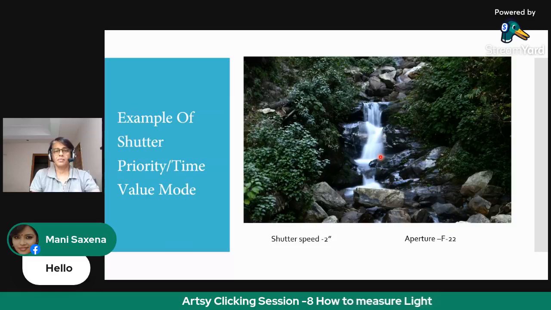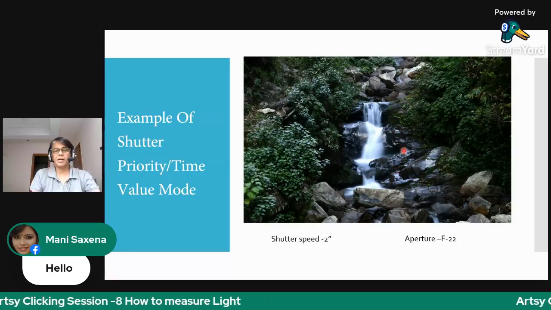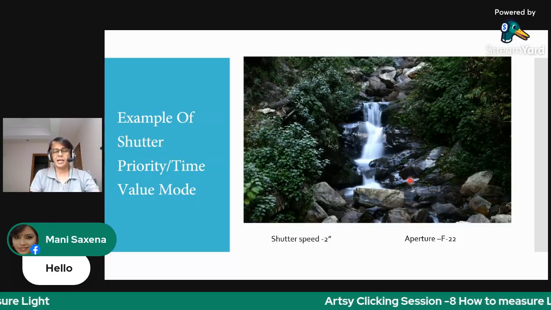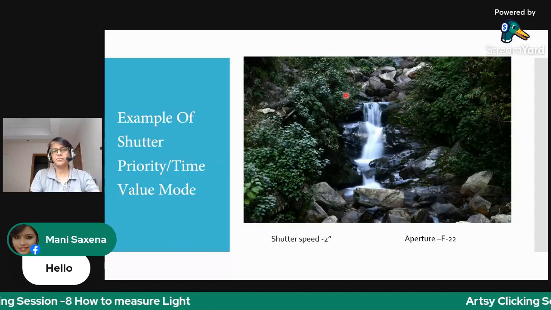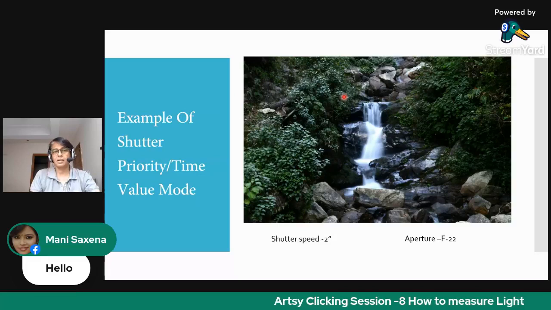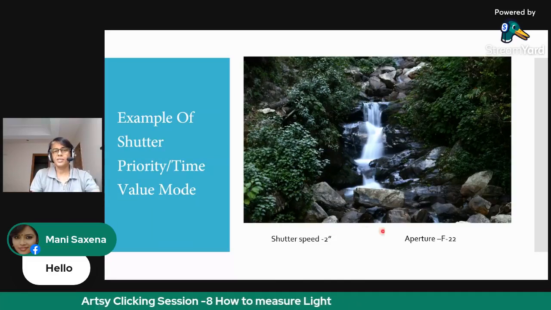And to balance the light entering the camera and to get the light meter at 0, my camera chose the aperture of f22. See, everything is very well in focus. That indicates that the depth of field is great, or has a higher value, and so you get this photograph.